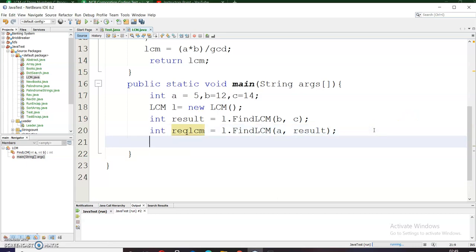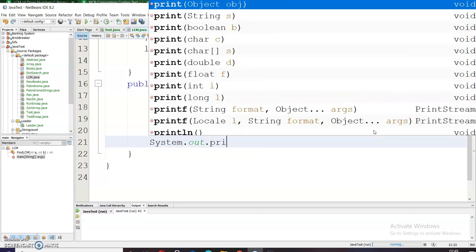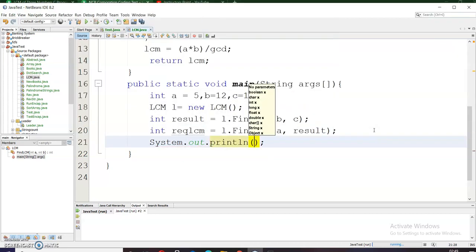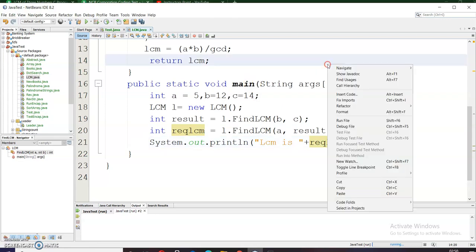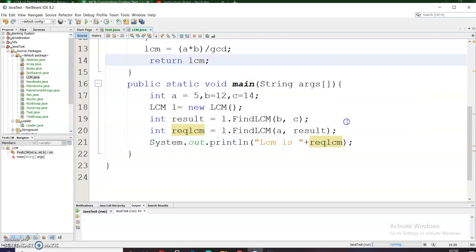Now I will just print: System dot out dot println, LCM is plus reqLCM. Yes, that's all. Now let's compile and run this program. You can see that we have got our result as LCM is 840.